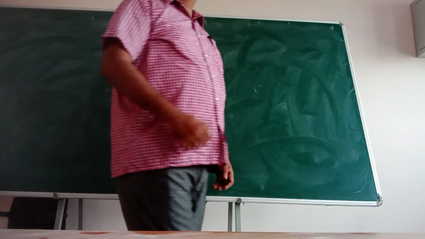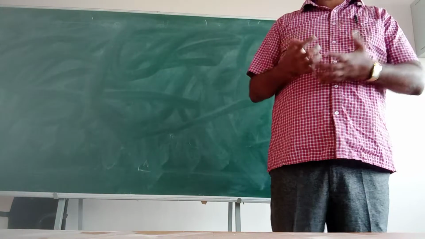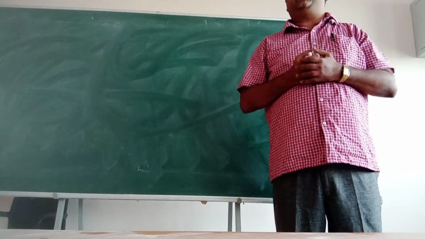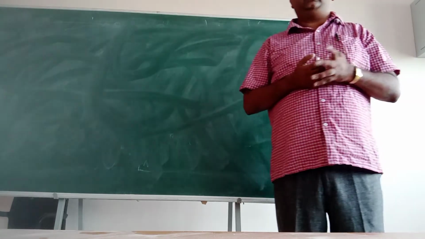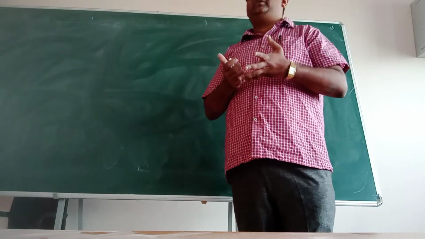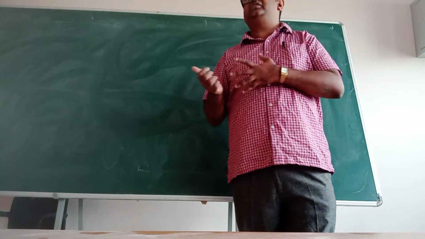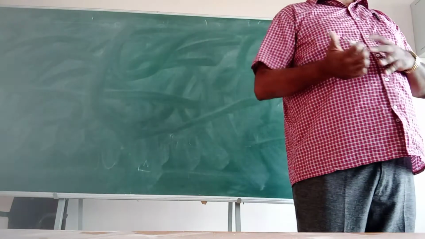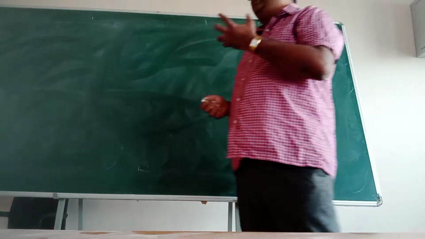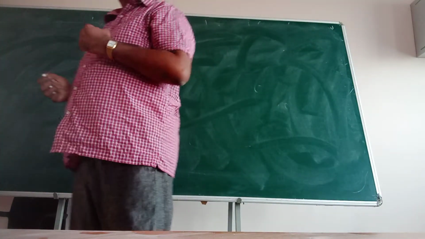Alright, so when we talk about energy now, we'll talk about little bit of energy. Obviously when we are talking about energy, we are talking about the mechanical energy. How many types of energy are there? Kinetic energy and potential energy, total energy. Total energy is potential energy plus kinetic energy. This we have seen in our earlier classes also. Now what is the energy possessed by a satellite?